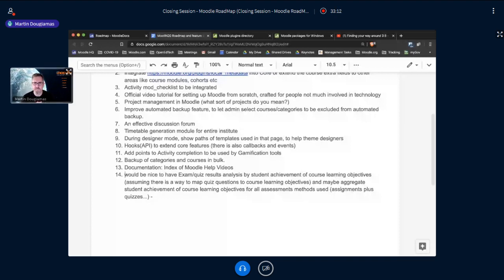So the competencies do go down to activity level. There was some work to make them go down to quiz question level, but I don't think it's got into core yet. It gets very difficult. You know, if a student has passed 3 questions and failed 2, have they passed the competency?